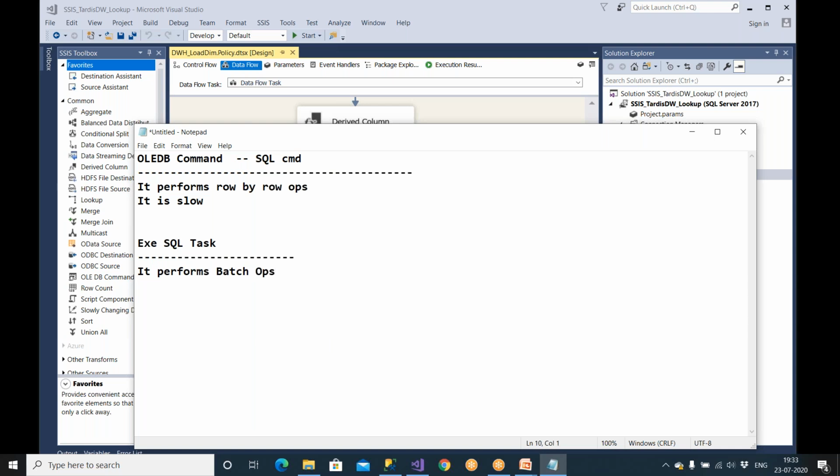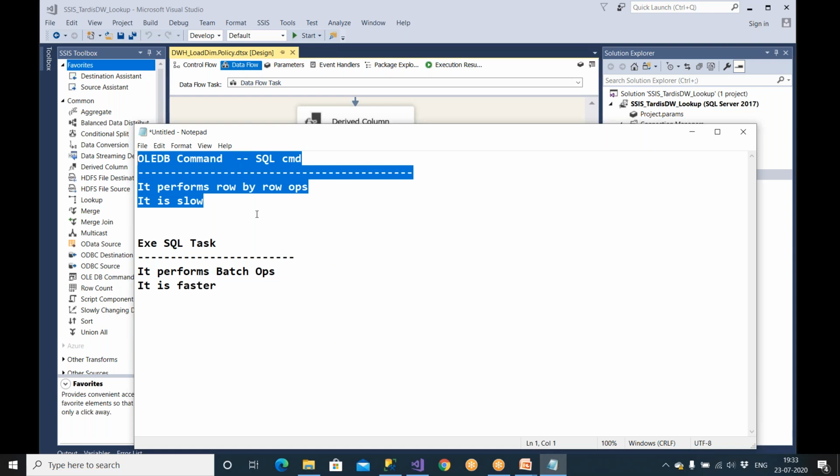What is the meaning of that? If you wanted to delete 50,000 rows, it is not going to delete row by row. At a stretch, it's going to delete 5,000 rows at a time. That is what is called batching operations. Clear? Since it is performing batching operations, it is very, very fast. So instead of using OLEDB command